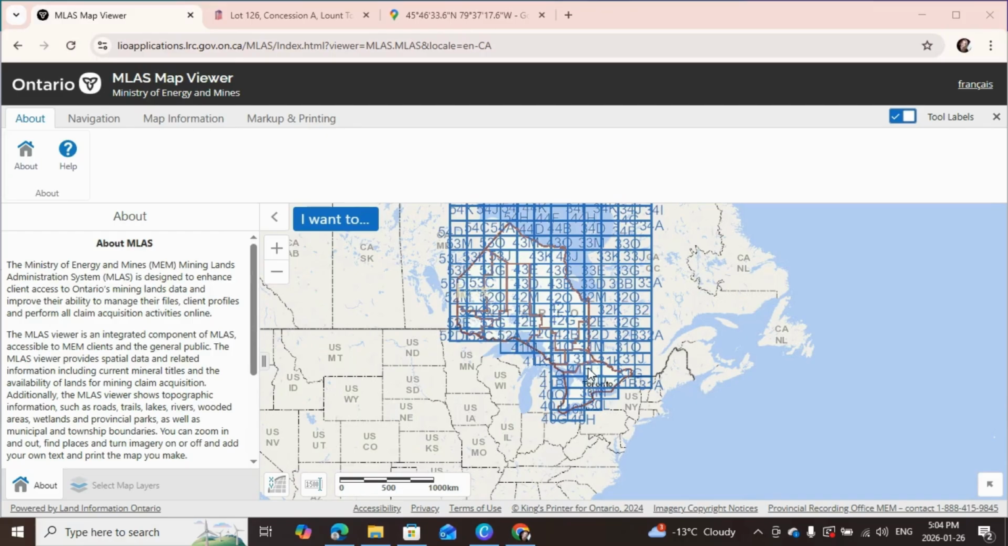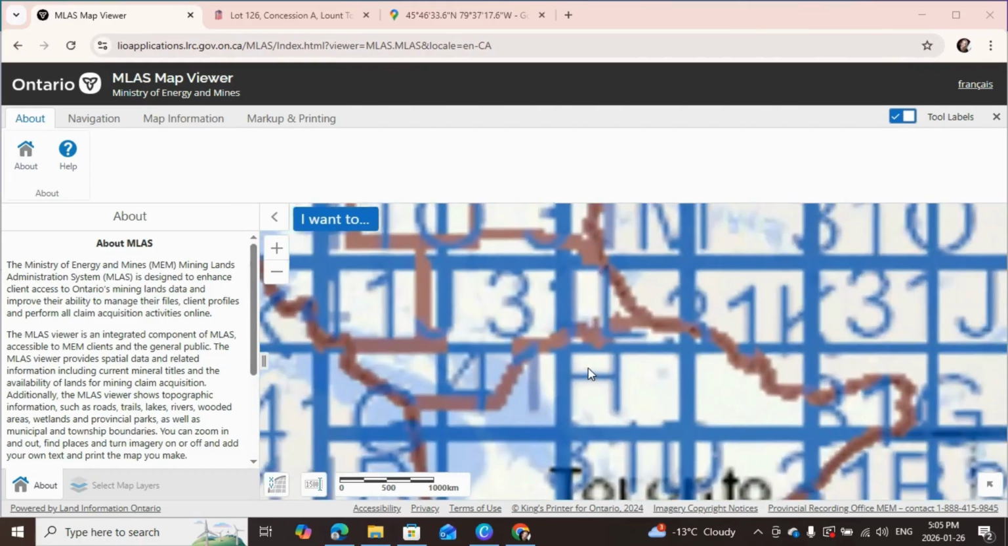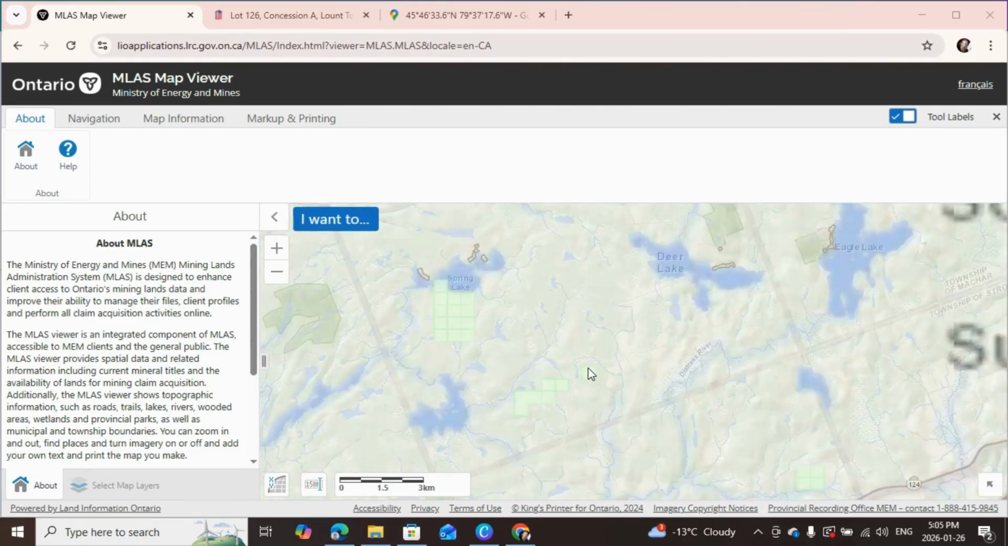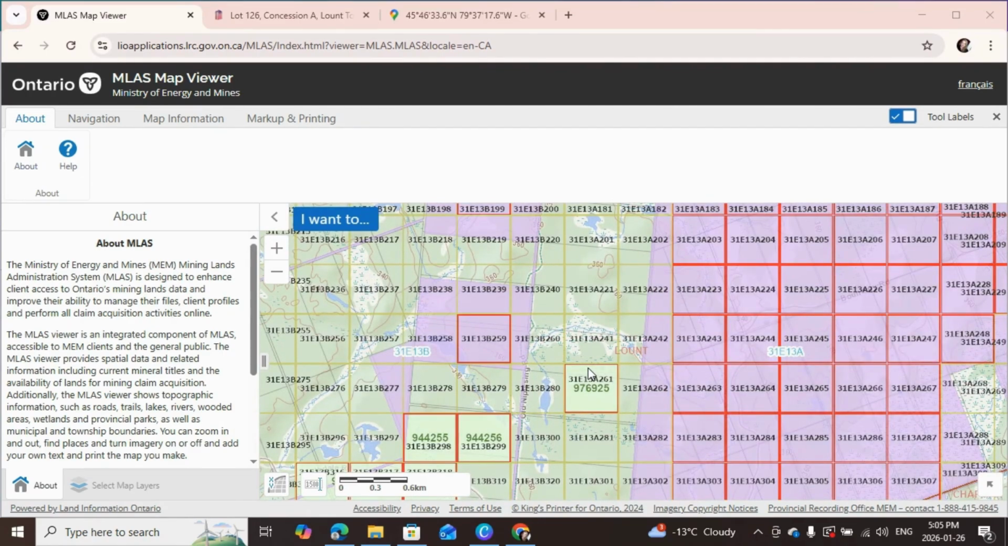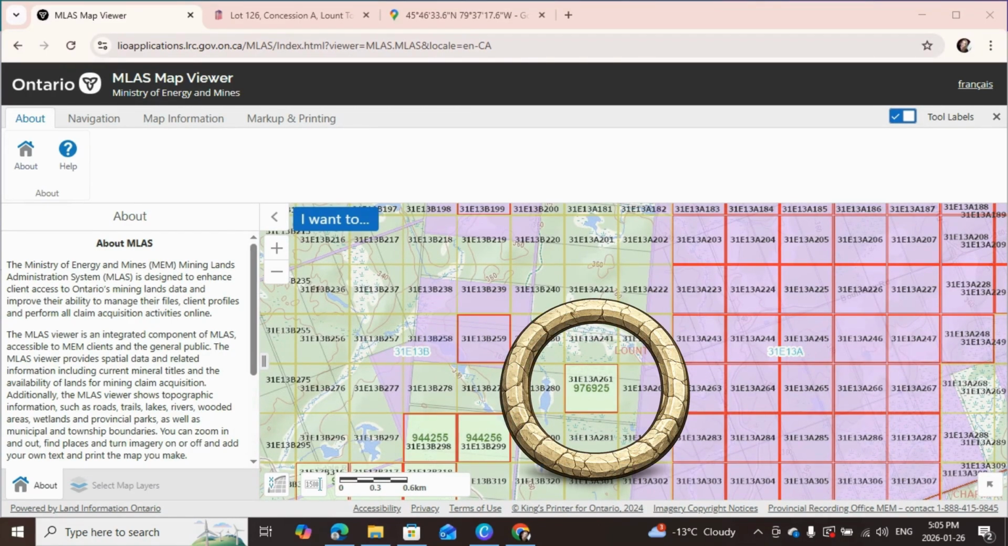Step number two, how do we use the map viewer to find a location on the map? The first way, if we know the exact location, we can just zoom right in. So let's zoom right into my claim again,